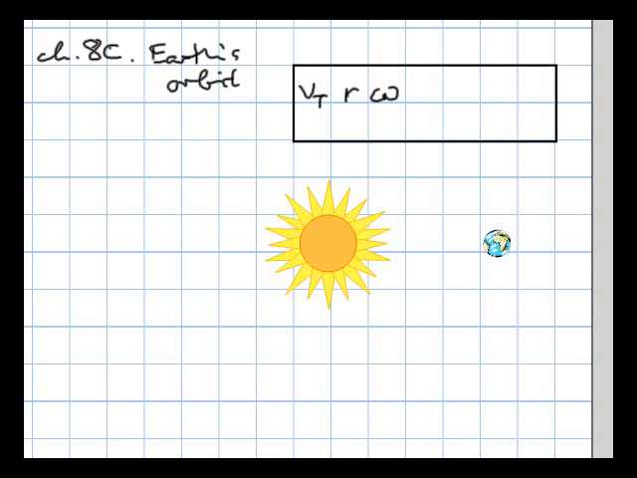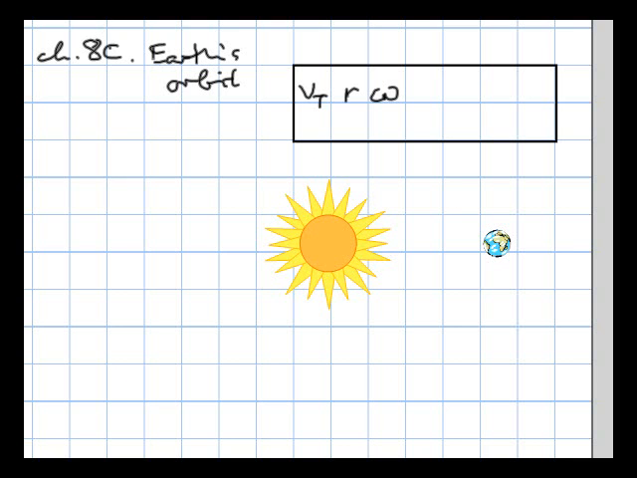This is problem C about the Earth's orbit, and the problem reads: the Earth orbits the Sun once a year, 3.16 times 10 to the 7 seconds, in a nearly circular orbit of radius 150 billion meters. With respect to the Sun, determine A, the angular speed of the Earth, B, the tangential speed of the Earth, and C, the magnitude and direction of the Earth's centripetal acceleration. Let's see